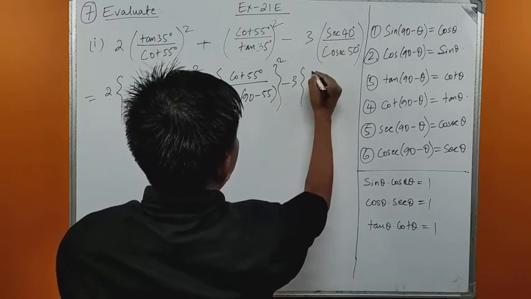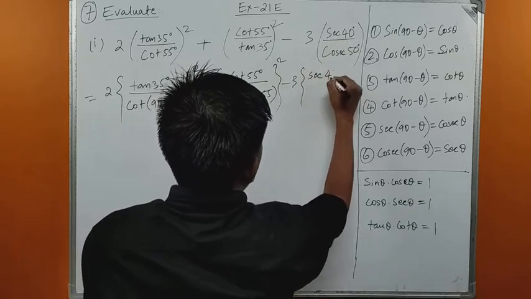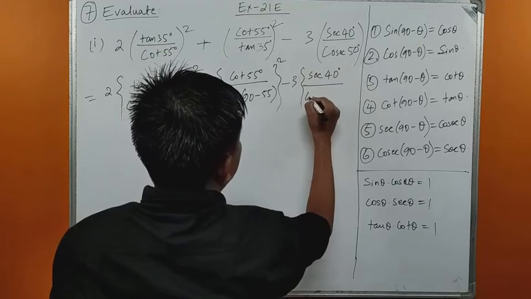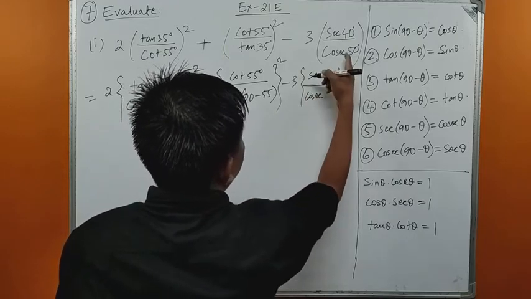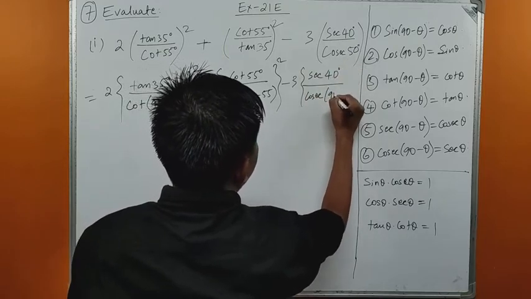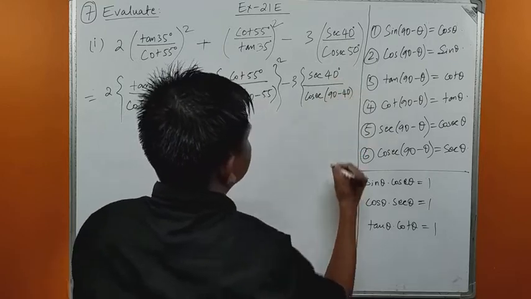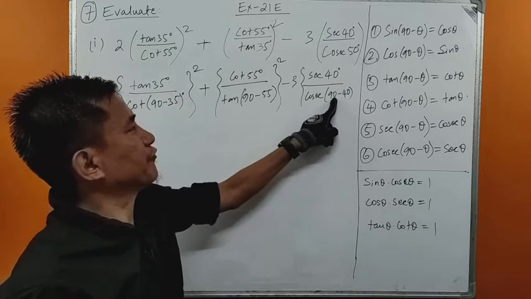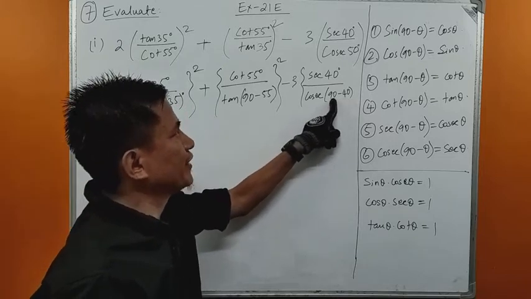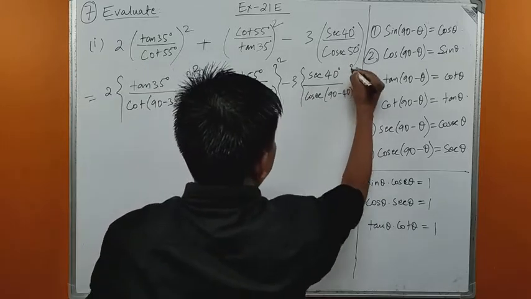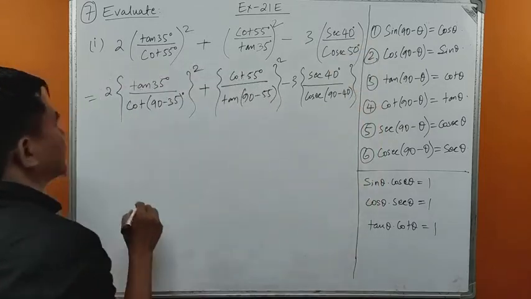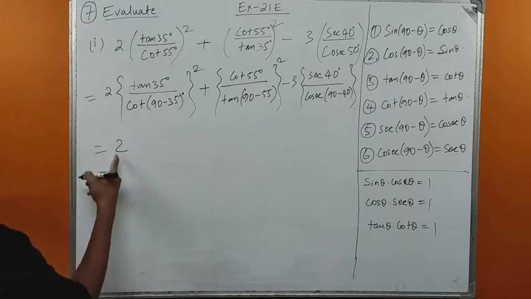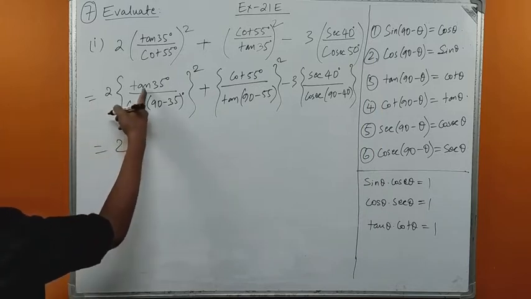Sec 40 we copy as it is, sec 40 degree, and in the denominator we have cosec 50 degree. So cosec 50 means cosec of 90 minus 40. Instead of 50 degree I can write 90 minus 40, because if I subtract 40 from 90 I get 50 degree. This is not a square. So we copied this 2 as it is. Tan 35